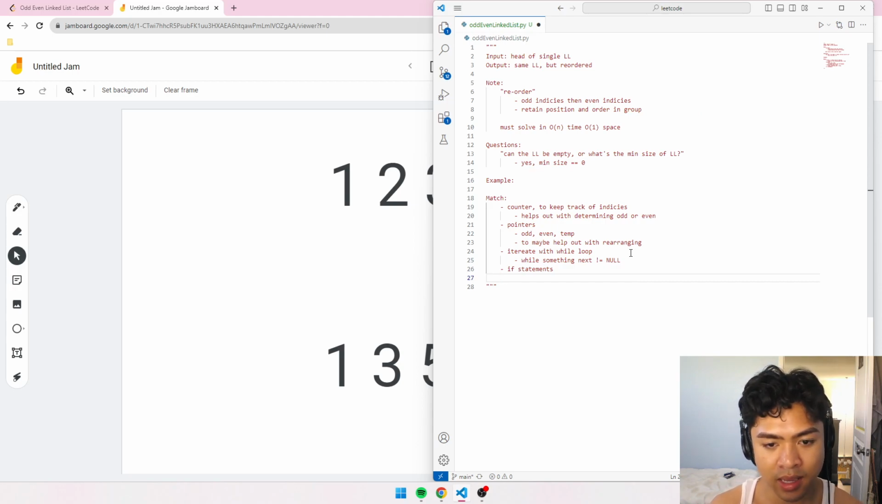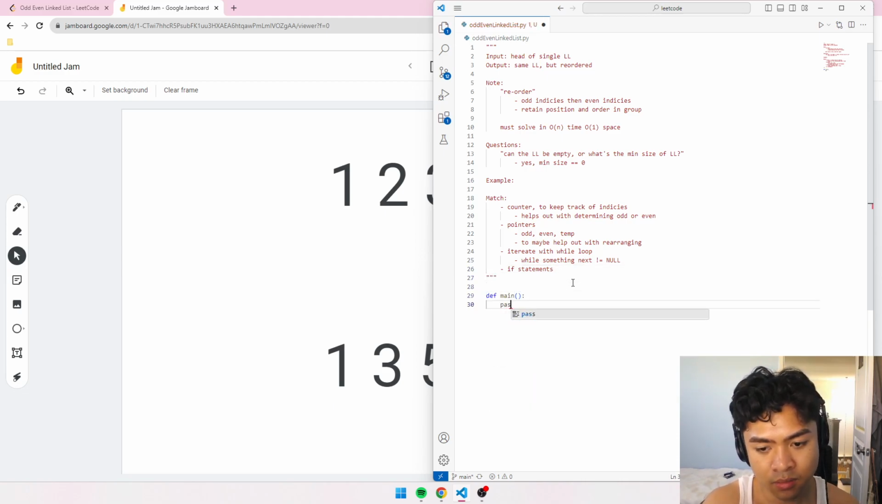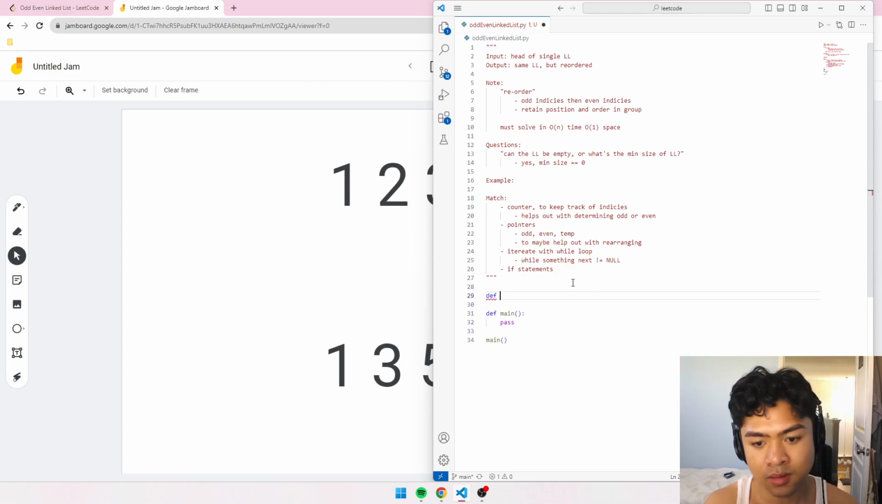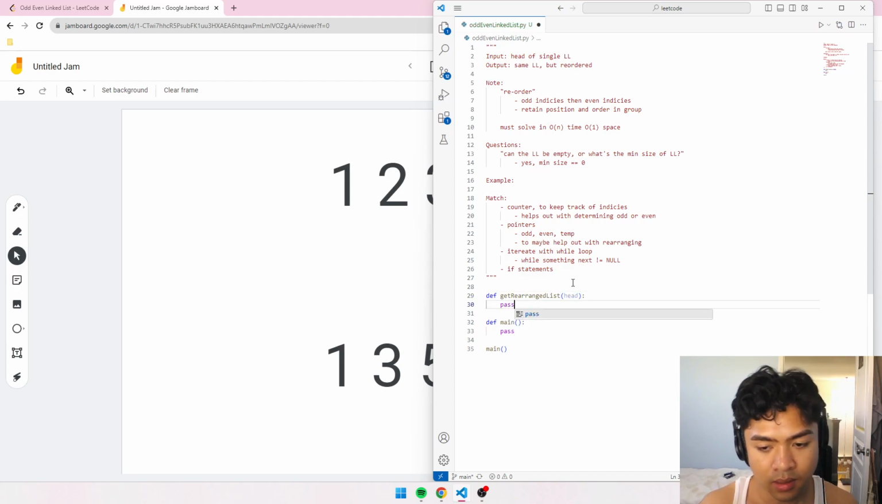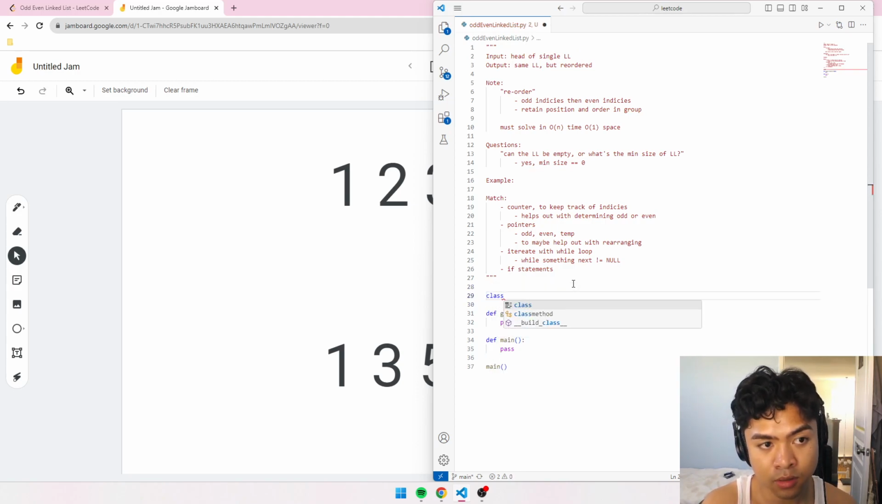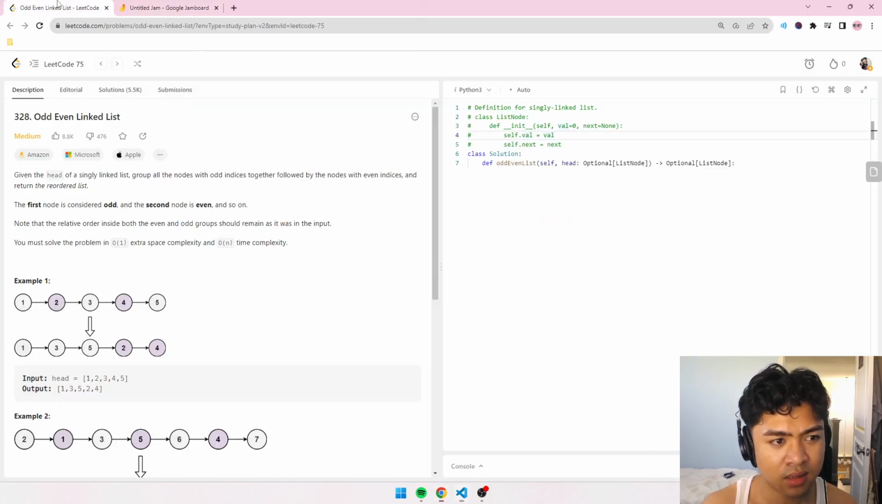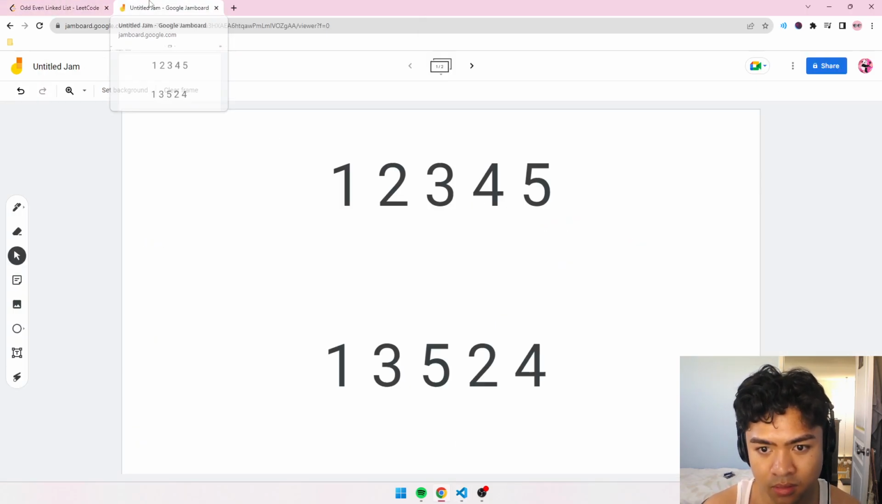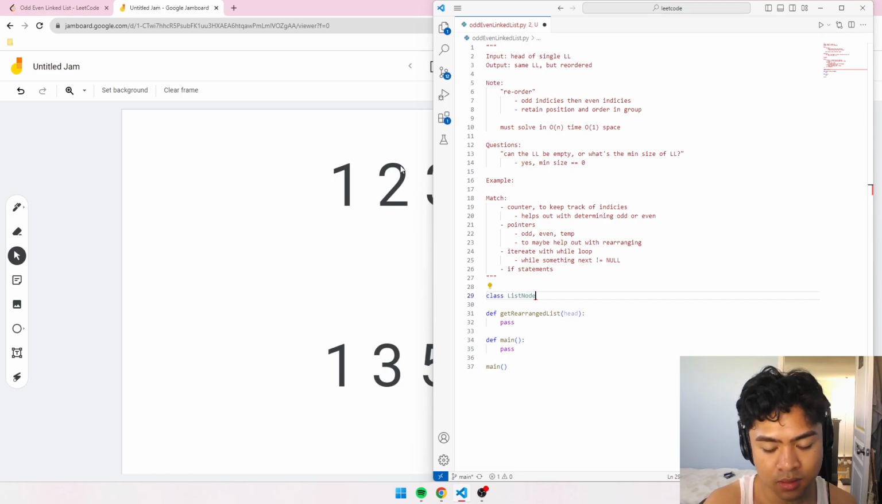So let's just go ahead and code it up, or get some pseudocode up. But before that, I want to make my driver code. And then I'm going to name this function to solve this problem, getRearrangedList. It's going to take in head. And then I'm just going to make our linked list node. So was it ListNode? Yeah, ListNode class. It's going to take in